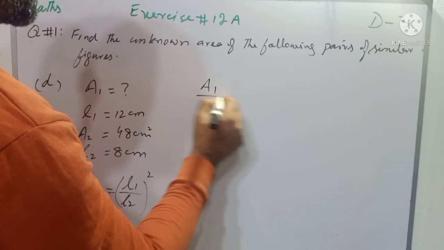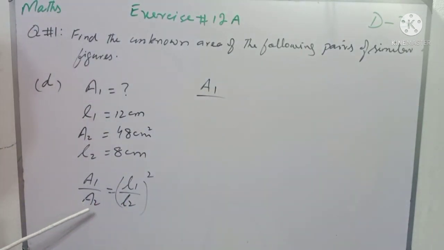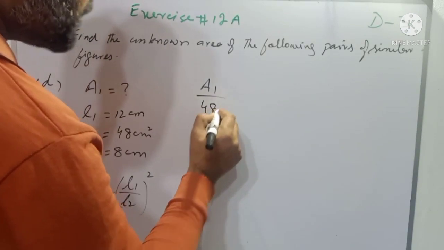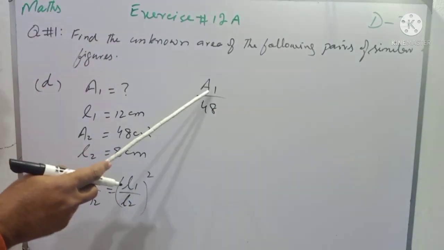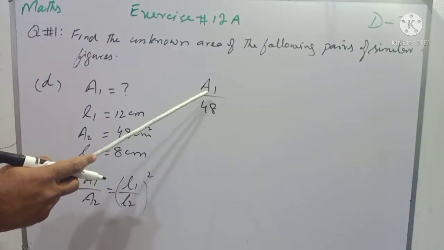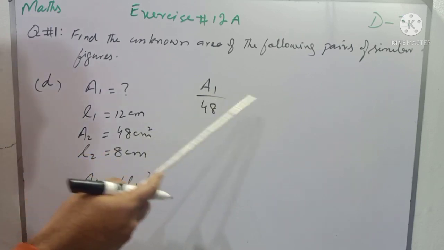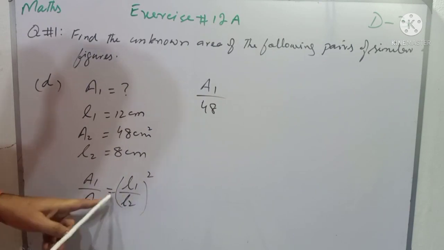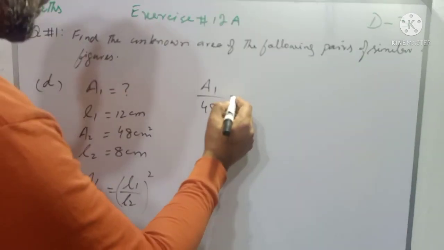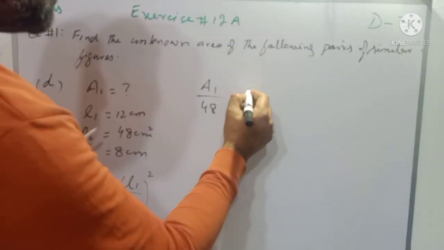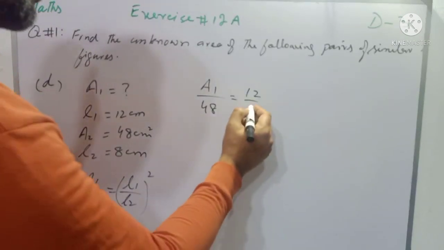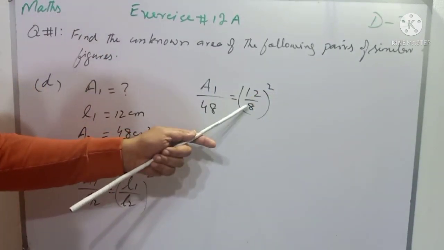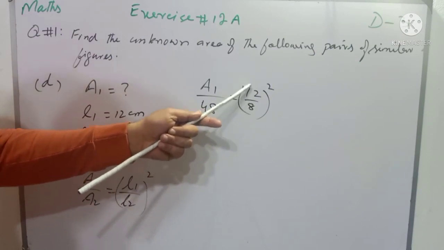तो ये बच्चों हम फार्मूला लिखेंगे, इसमें भी वैल्यूज पुट करेंगे। तो A1 भी हमने फाइंड करना है, तो A1 को एज इट इज लिखा जाएगा, whereas the value of A2 is 48. We need not to write the unit because we will write the unit at the end, and we know that the unit of the area is square, so at that we will write centimeter square, and that is equal to length 1 is 12 whereas length 2 is 8 and its square।